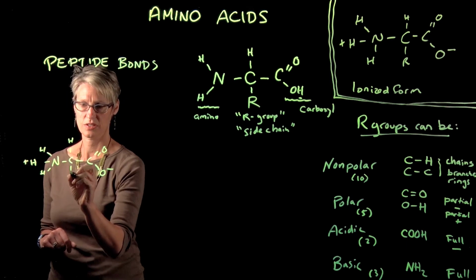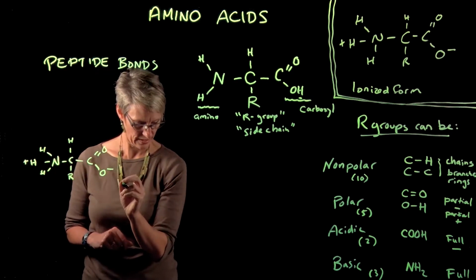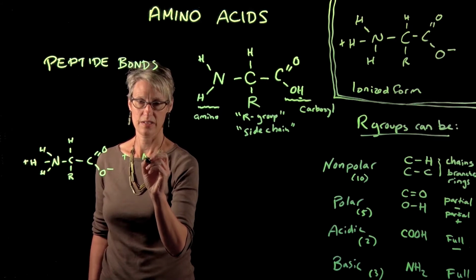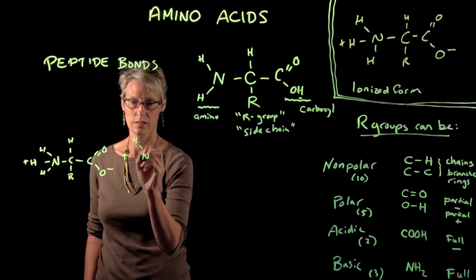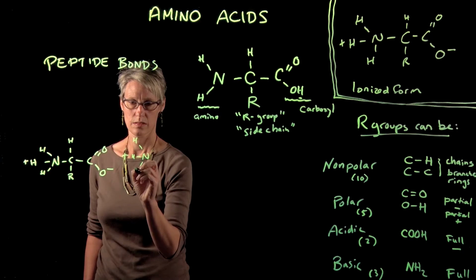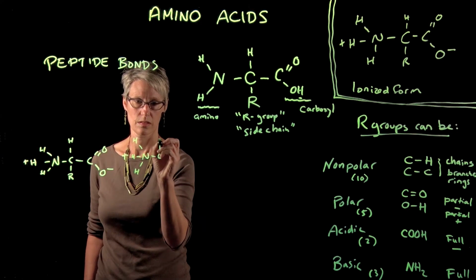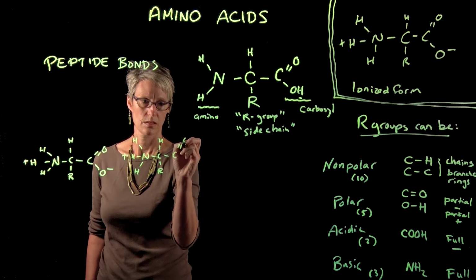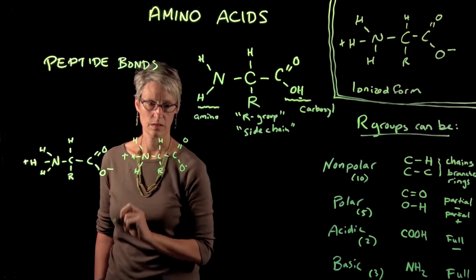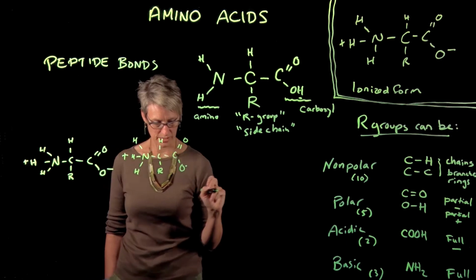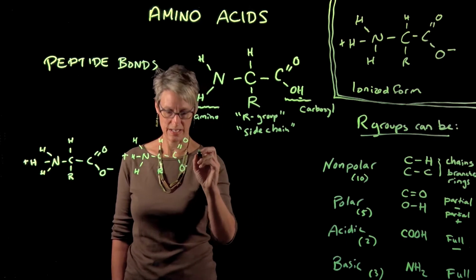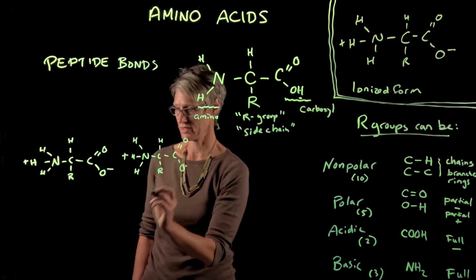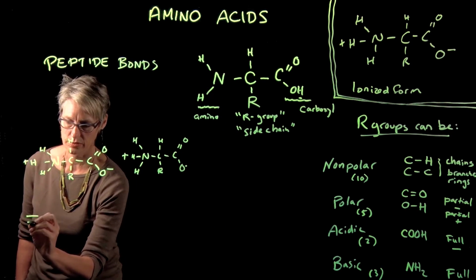And there's our H, and there's our R group. And that's going to be plus, and then we've got another one here. Okay, and so they get added together. So 1 amino acid plus 1 amino acid equals,